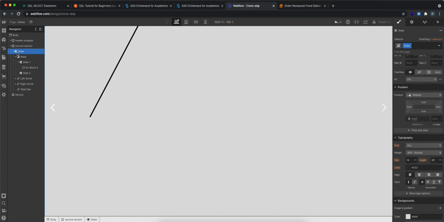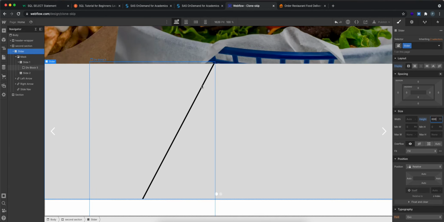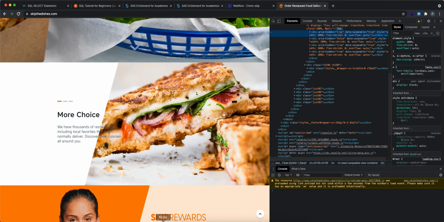yeah, okay, so let's go to slider and give it a height again of 600. Oh yeah, we are there. Yeah, we are there. All right, we are almost there. So let's see if we... no, we are not there actually. So what we need,